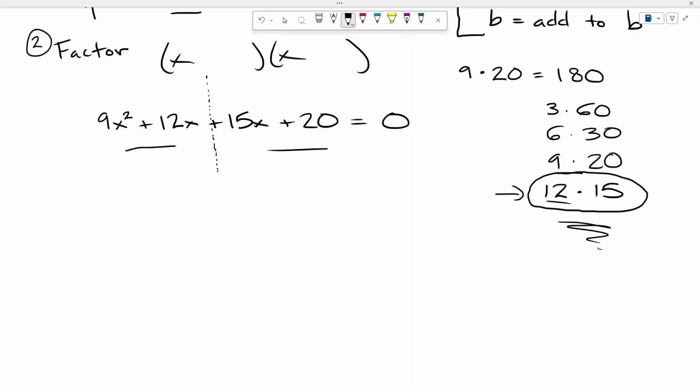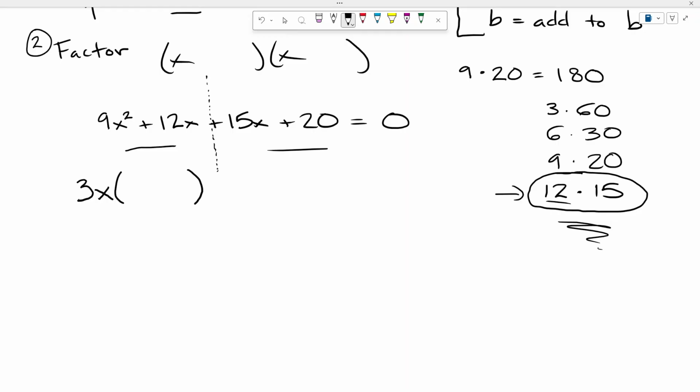We're grouping each individual half. So we have here 9x squared plus 12x, what can we pull out from there? We know we can pull out an x because they each have an x, and then 9 and 12 will each have a factor of 3. 3 would work, so if we pulled out a 3x